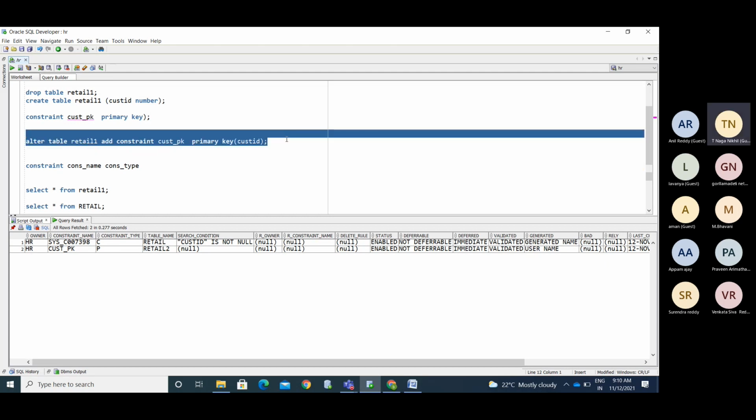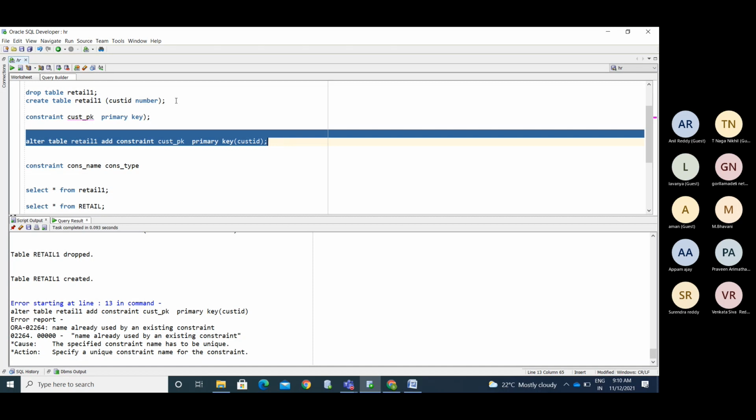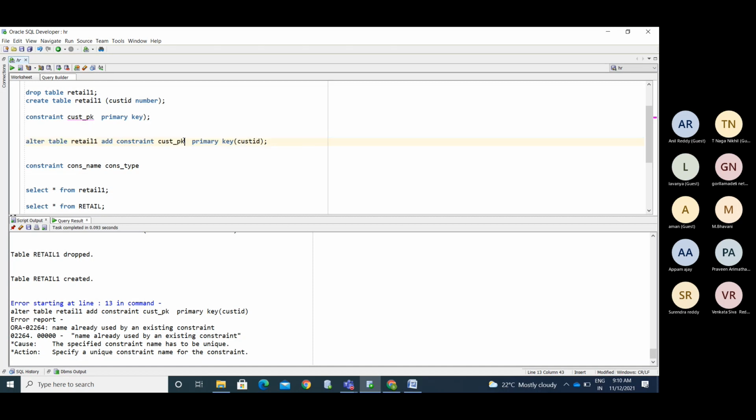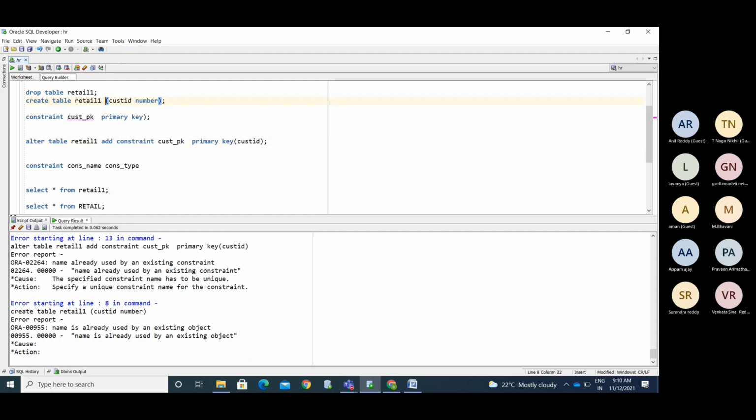Okay, so it says the constraint name is already used by an existing object. So this constraint name must also be unique. You cannot provide the same name with multiple users. If you create the same table again, the retail 1 table, it shows the name is already used by an existing object.